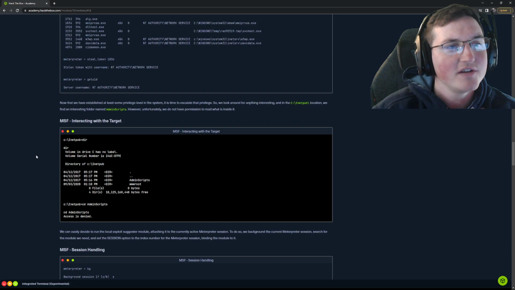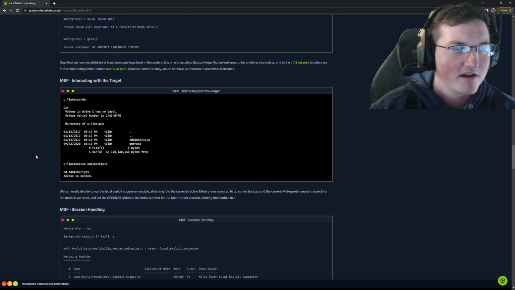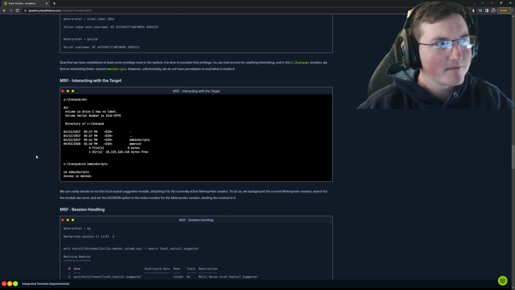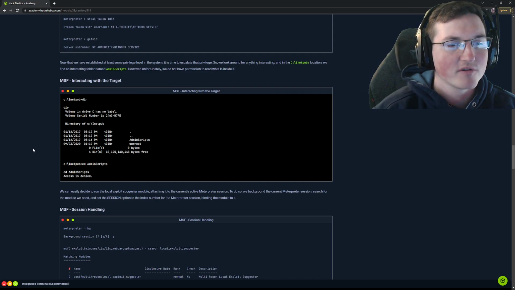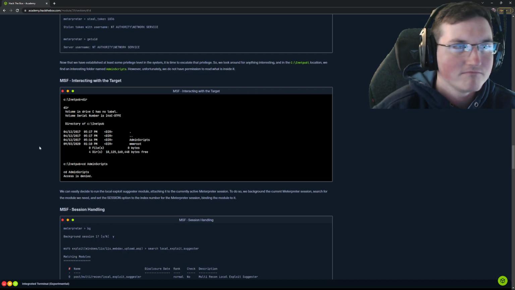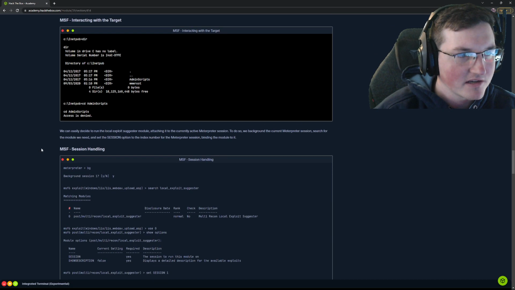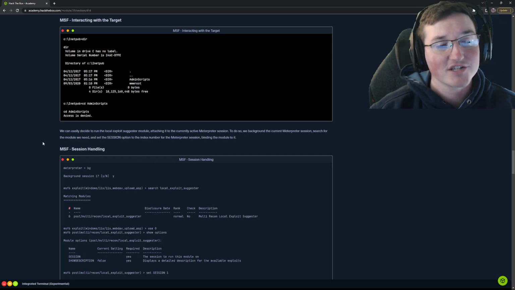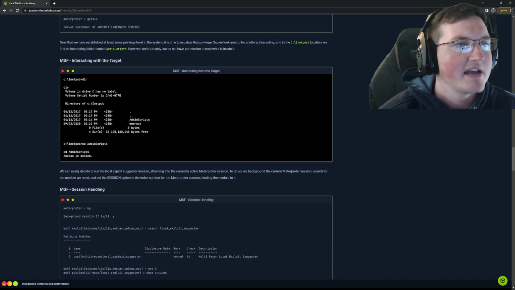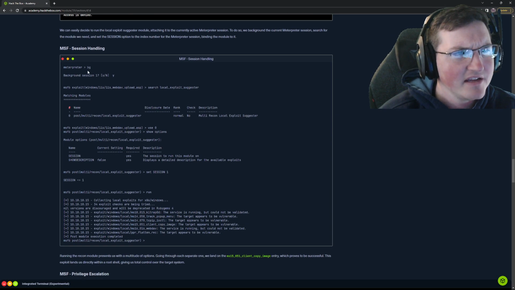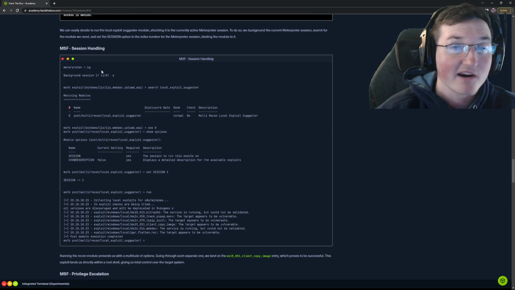And there's a reason you need to do that, because Microsoft fixed hash dump a few years ago. Well, fixed it where you can't do hash dump from any process. So LSASS is the only one that can do it. You just have to migrate into LSASS. I'll show you that. So if you're trying to do hash dumps on CTFs and stuff and it's not working, that's why. So now session handling, you can type BG to background a session,